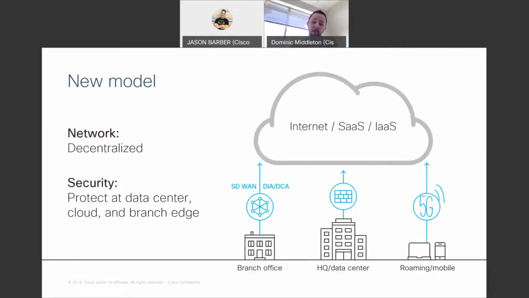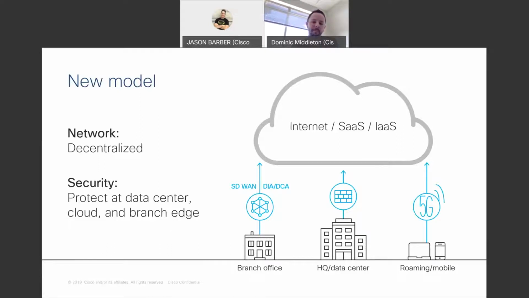Before COVID happened, we were looking at moving a lot of people, not just to their roaming offices, to their home offices, et cetera. We're having a lot of people who are now going through the branch office, going through their SD-WAN setup, going through their direct-to-internet access setup, instead of routing their traffic back to the main HQ behind the corporate firewall to then go out to the internet. We just want to go straight to the internet from wherever we're at. It saves a lot of time, takes away a lot of those costs, those performance issues.